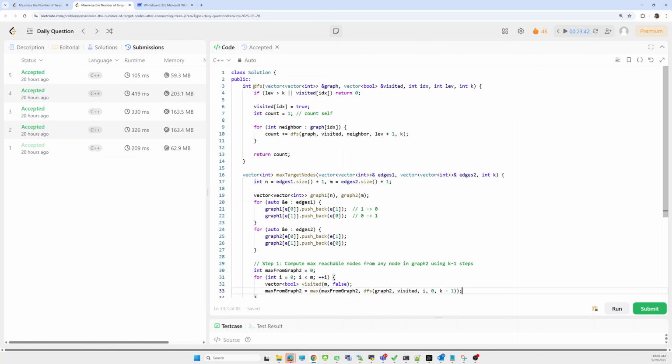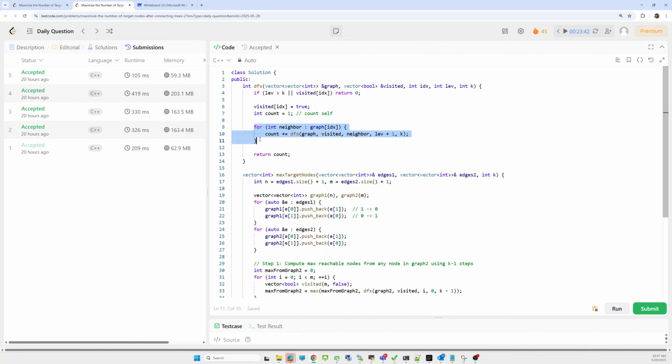In this DFS, our base condition is if our level becomes more than k, or we have already visited that node, then we return 0. Else we mark the current node as visited and make the count 1 for itself, because each node is a target of itself.